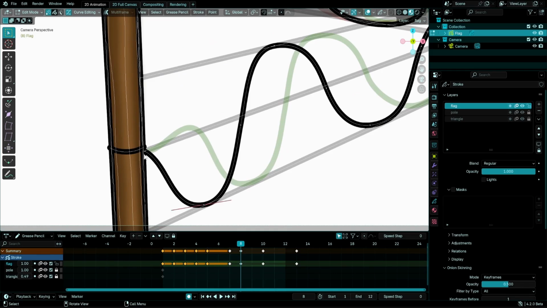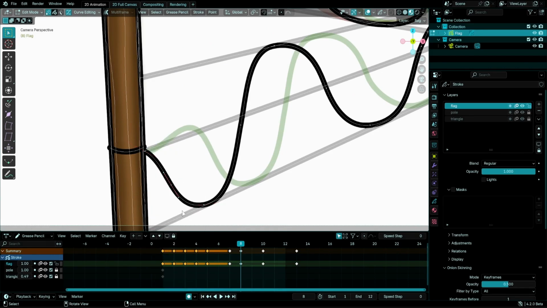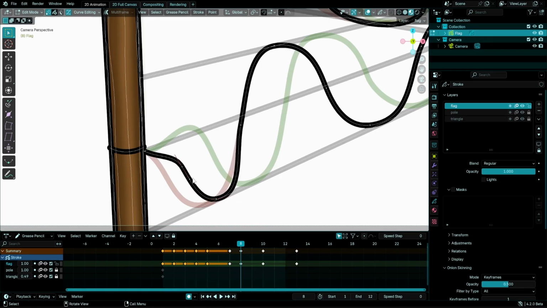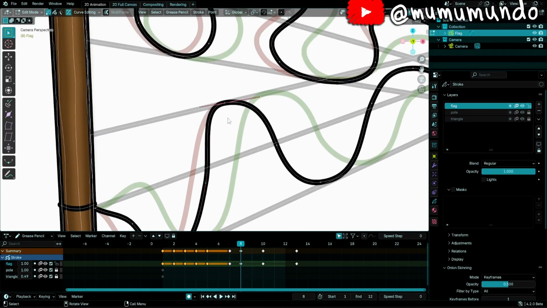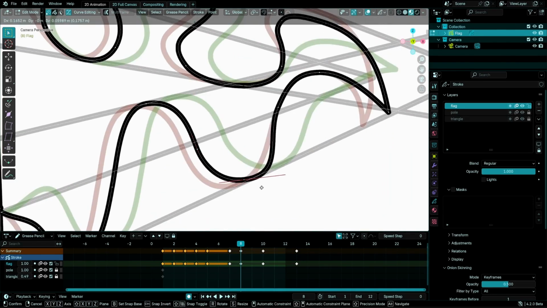So we select these 2 points, shift select, right click, subdivide, select this point, G, move it up. This point, move it a third of the way. Now we have this, and then this one, G, and move it here. This one, I did F here, but it didn't work. So G, select this one here, select this one, G,